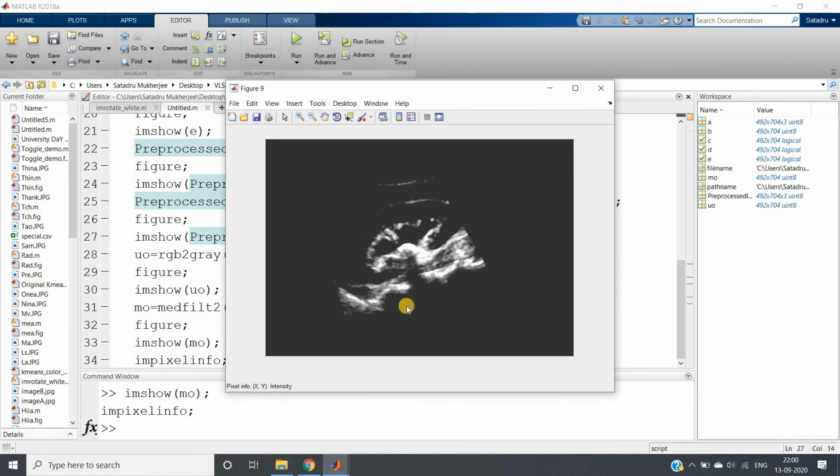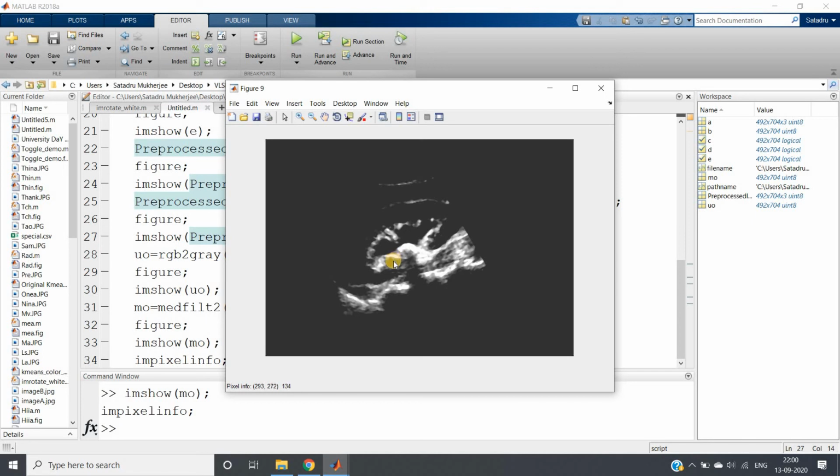See, the MO image is opened, and our point of interest is actually this central part, which is very much brighter. This is not a normal thing. Some abnormality is present here, so this is actually a kidney stone, right? Here you can see this particular part is much less bright, the pixel intensity is very small, and the central part pixel intensity is very high, say 255.